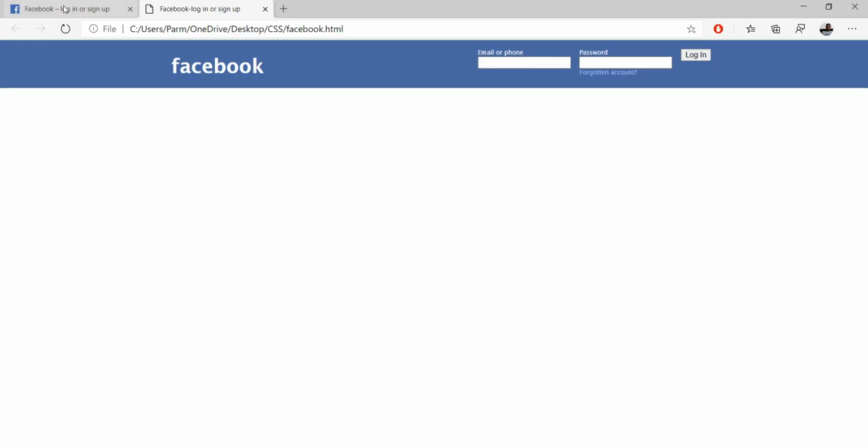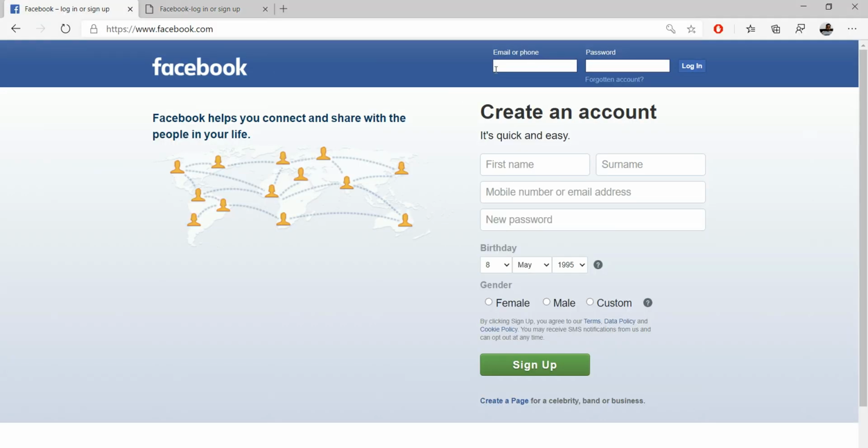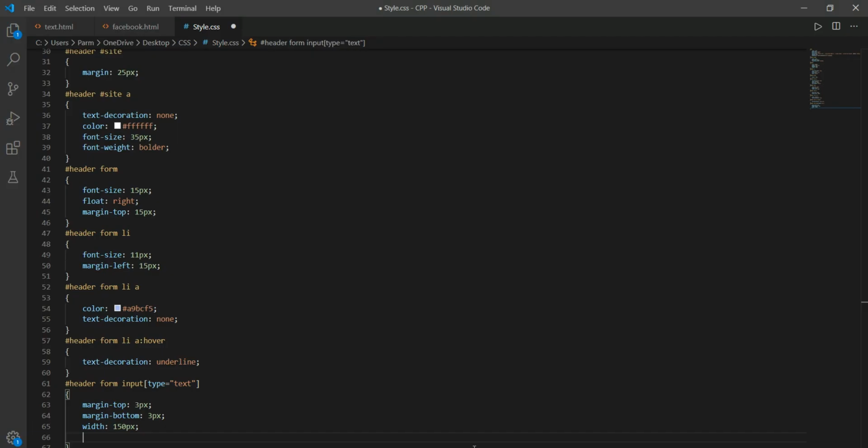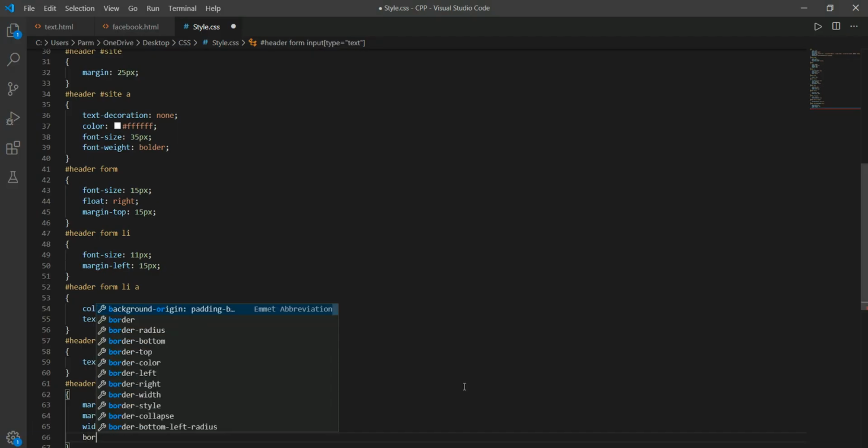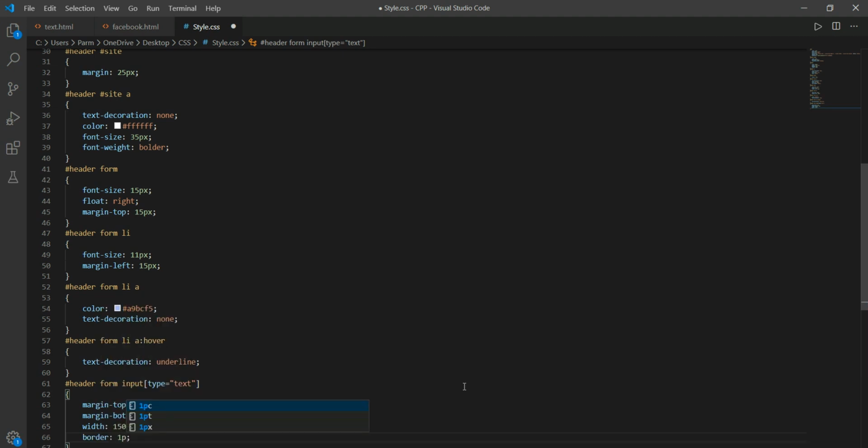We see its width is around 4, and we see its border over here. Okay, so for this I'm just using shorthand border, and border is of 1 pixel, and type solid, and color of the border here I will select as blue.